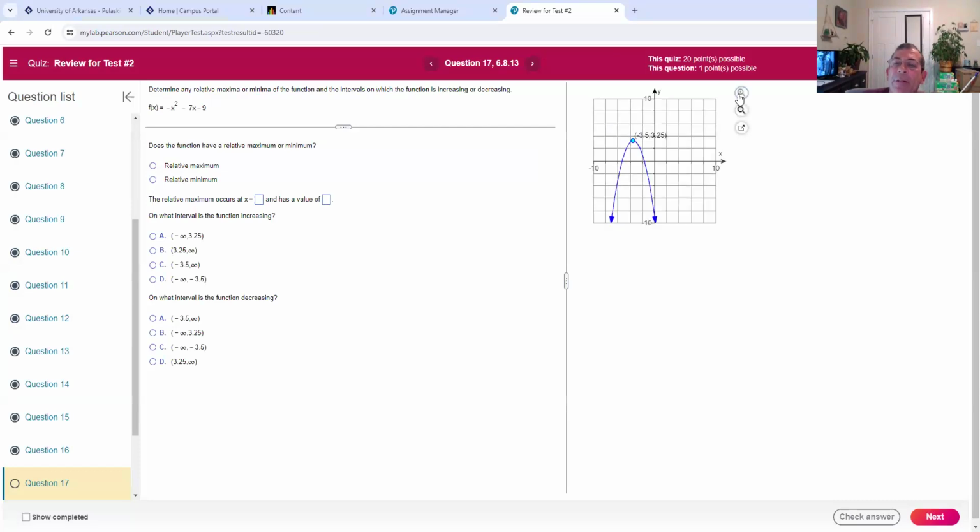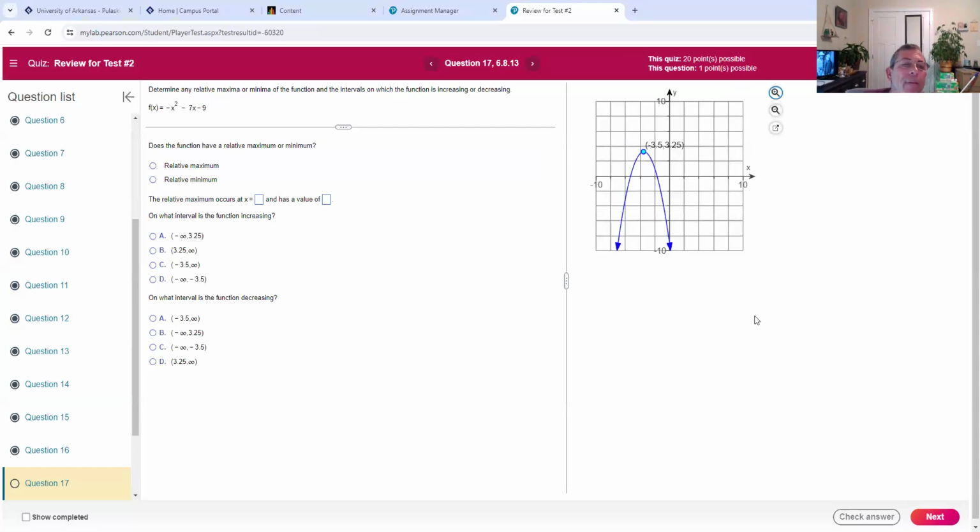All right, so let me make that just a little bigger for us. All right, so let's see what y'all say. Does this function have a relative maximum or a relative minimum? So it's got a maximum because it's got a peak. There you go. So then it says,